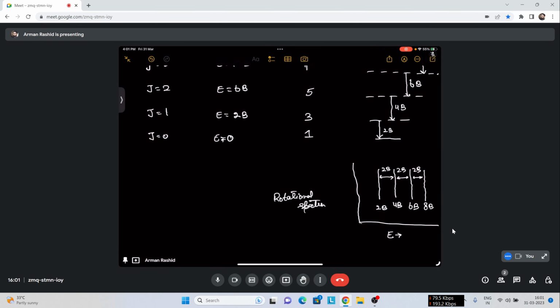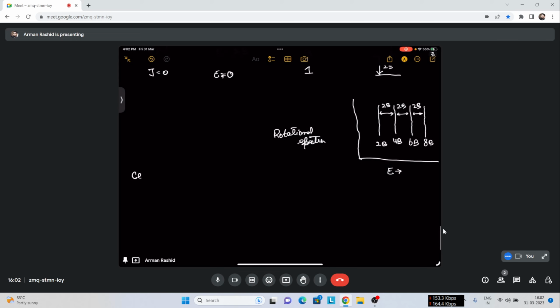We have not taken into consideration the centrifugal distortion. Once we introduce the centrifugal distortion, it occurs at very high J values. What happens is that centrifugal force is applied to a molecule once it rotates very fast. Now because of that,